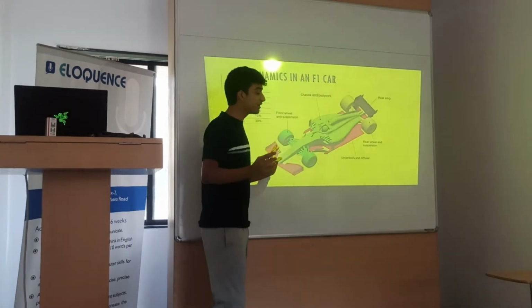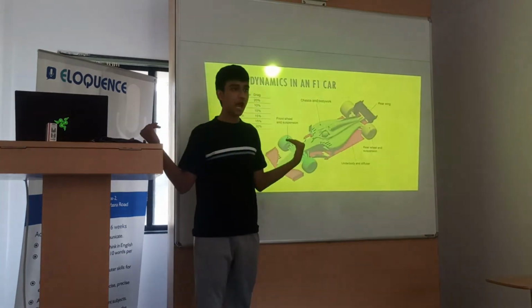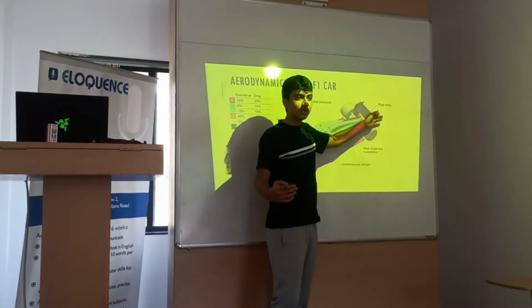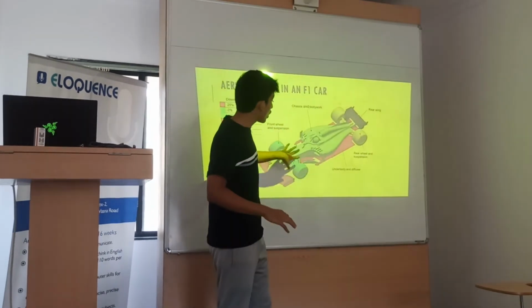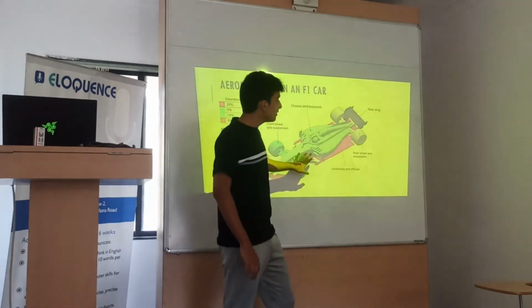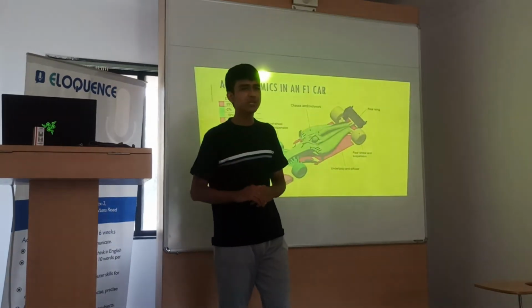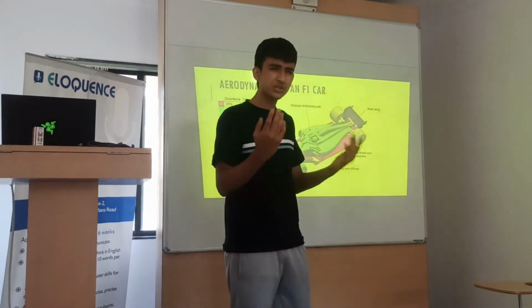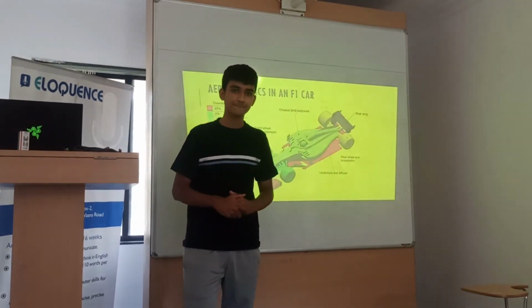So when a car is following another car, only the front car has to push the air out of the way. The car following it is in clean air, so there is no air which is actually resisting it. It is already being resisted by the front car. Therefore, the car behind will gain a slipstream advantage, which will increase the speed by, I think, nine, it depends on the track, maybe 13 kilometers per hour, something like that.